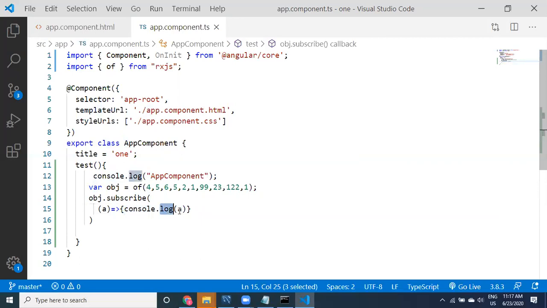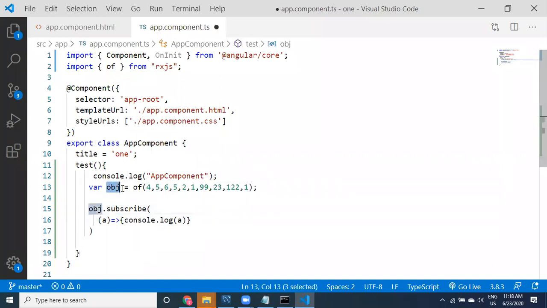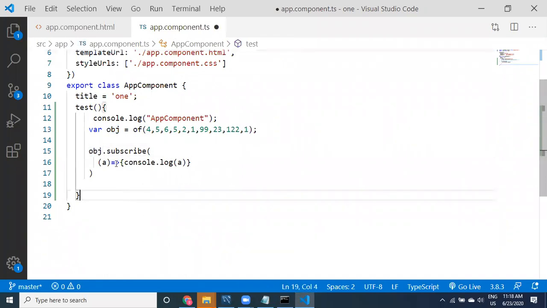All these values we have provided, where obj is of all these values. Now what it is going to do is, whenever we subscribe, then only values are going to be retrieved. We are creating the observable, then subscribing to it, and we have provided this method.